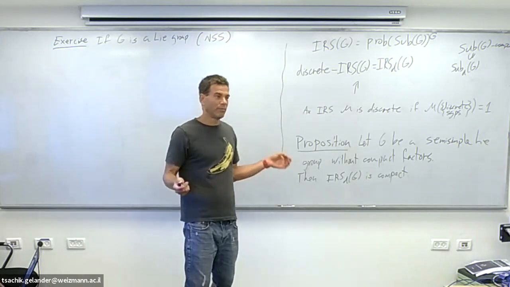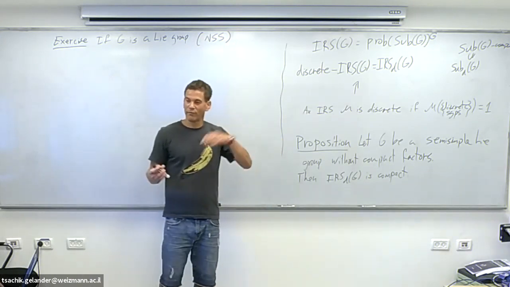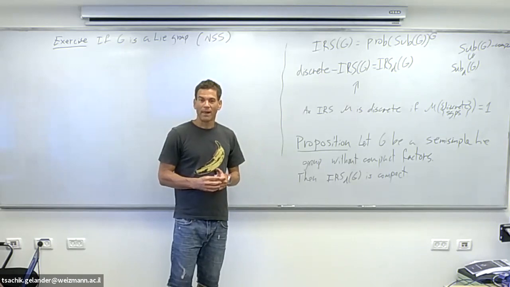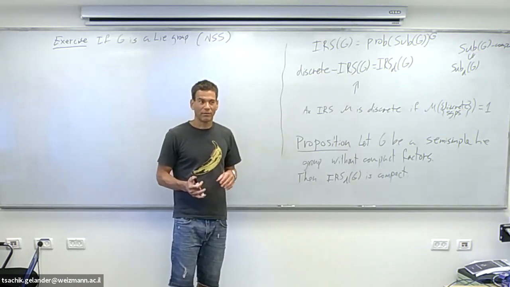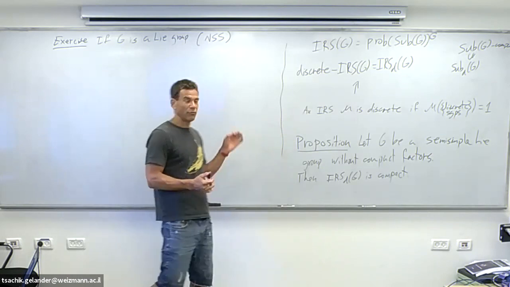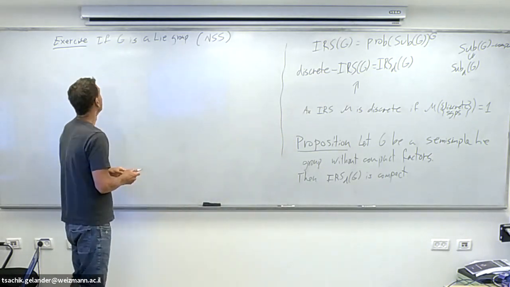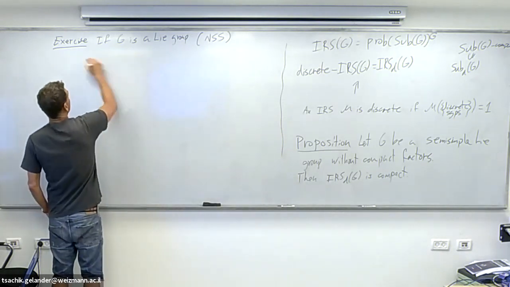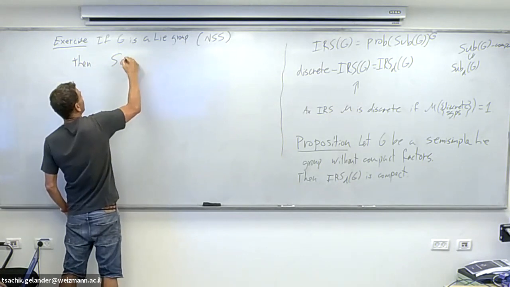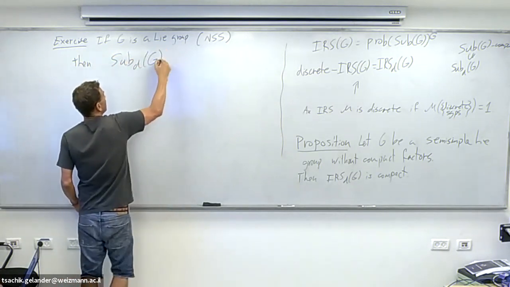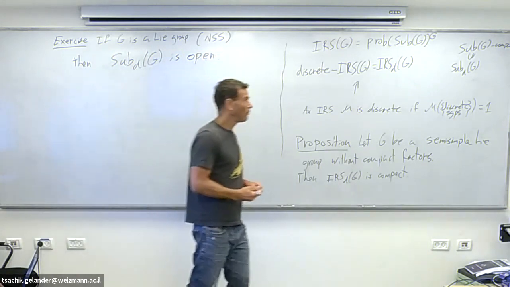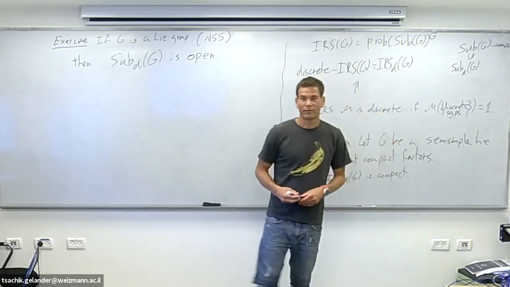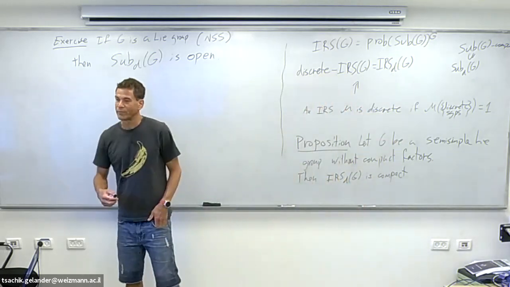And there was a famous problem, the Hilbert-Smith problem, whether this property is equivalent to Lie groups. And it turned out to be true. But here I need only the easy direction. If you have a Lie group, then it is NSS. There is no small subgroup. There is an identity neighborhood which doesn't contain other groups. And so if G is a Lie group, then the space of discrete subgroups of G is open. It's open and therefore measurable, so that thing makes perfect sense.